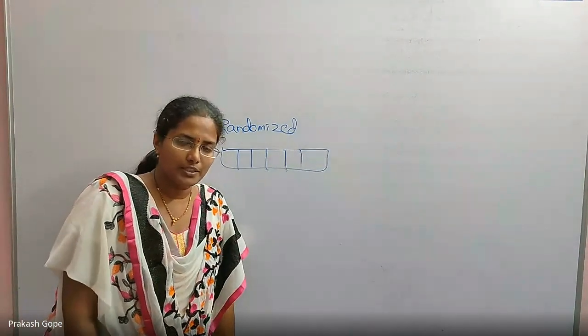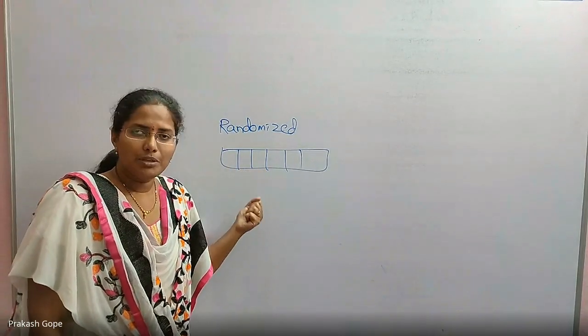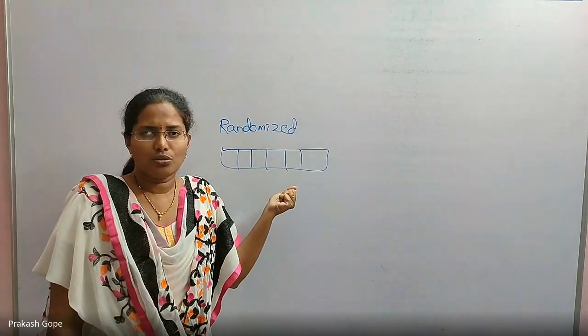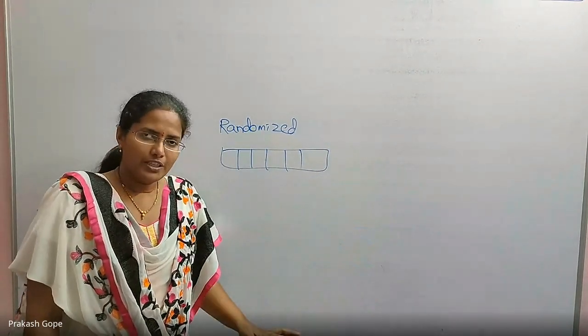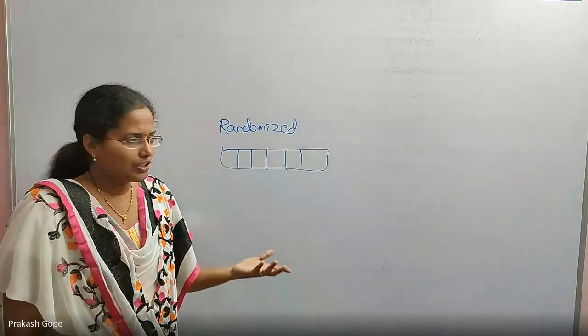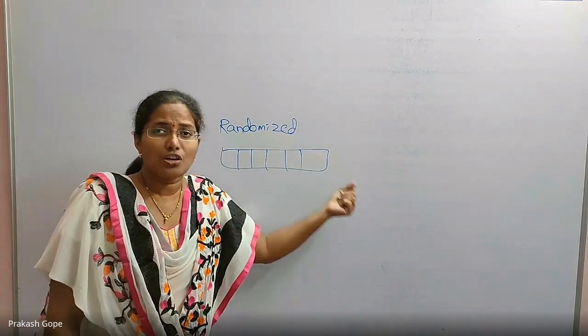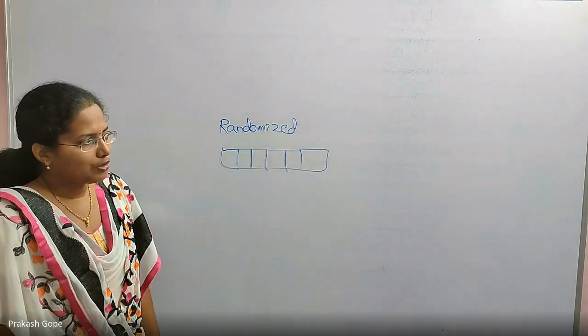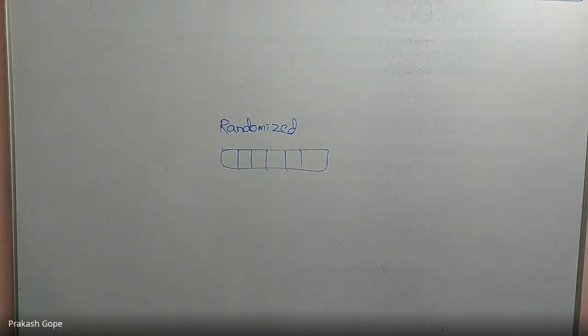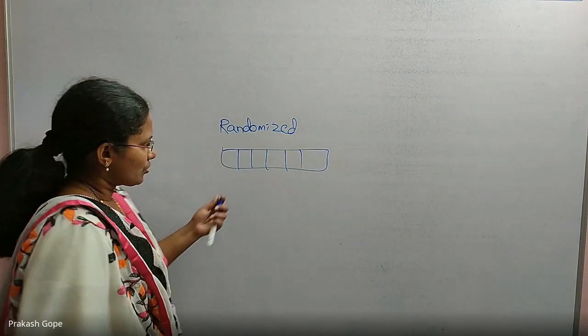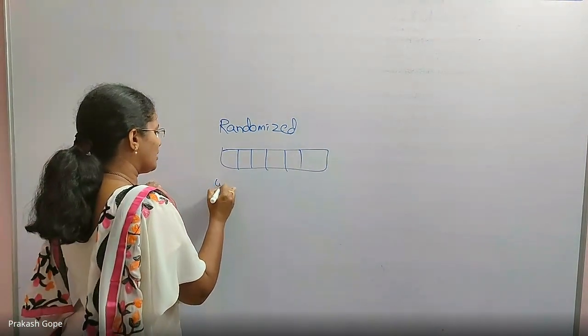Right. How about the time complexity? When I pick randomly, is there any guarantee that it will go to the middle place? No. It can obviously go to the extreme place. We are interested in the worst case, and for the worst case we always think in the worst possible way. Randomly I picked, but it is occupying the extreme place only, which means the time complexity of randomized quicksort is also n square. So the worst case is definitely n square.